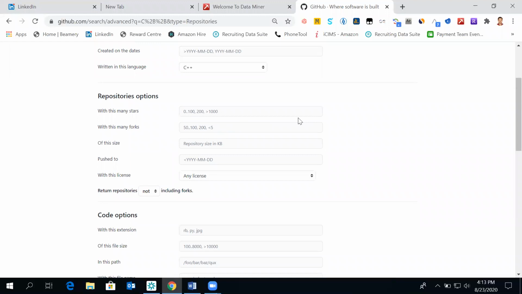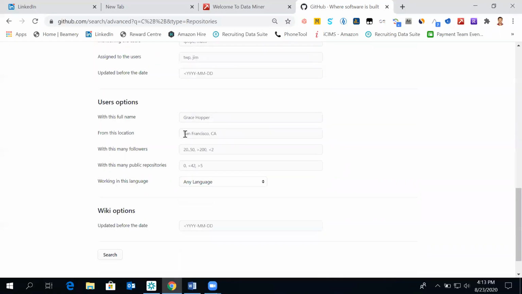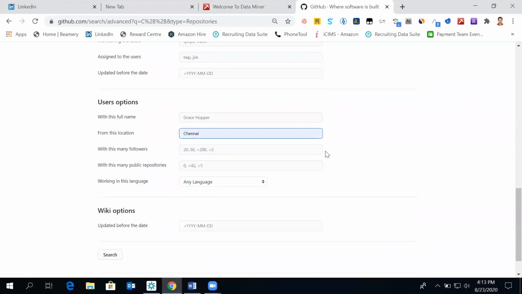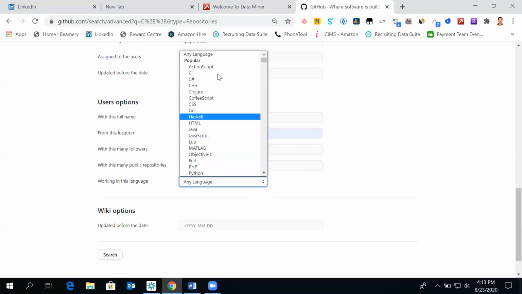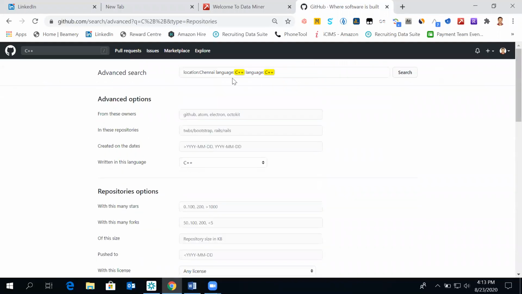I would not go with stars or anything because I'm focusing on a very narrow market, Chennai. Maybe working language I can take, but otherwise that also doesn't make much difference when we have already given written in the language. Otherwise it would take twice. So if we do this, you see location Chennai, language C++, again language C++.